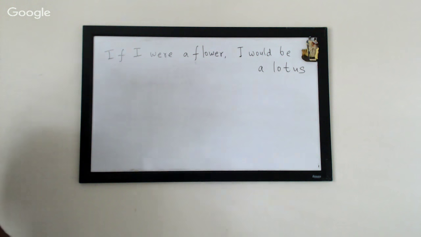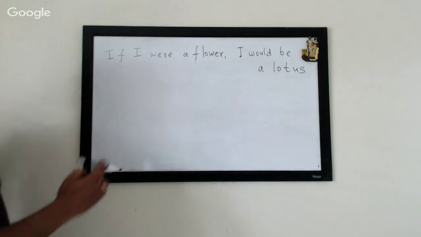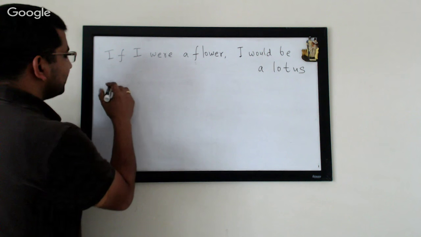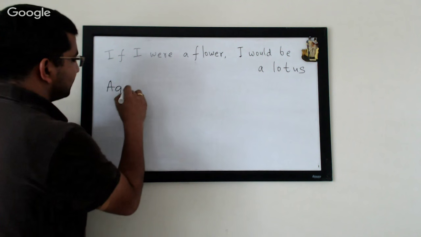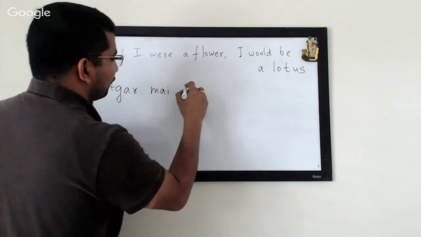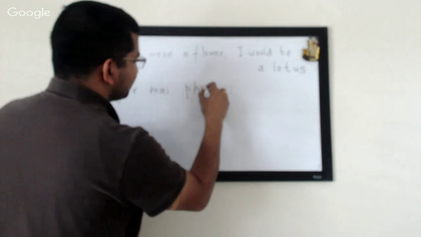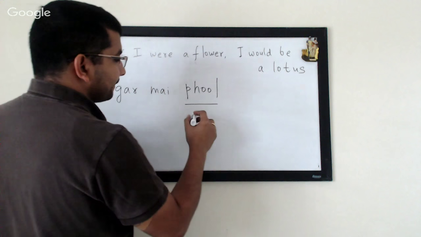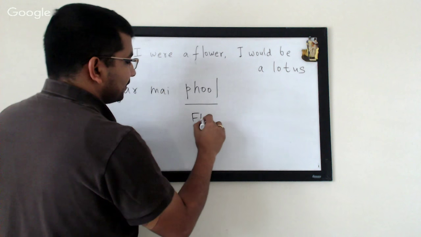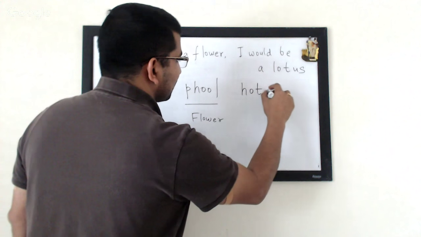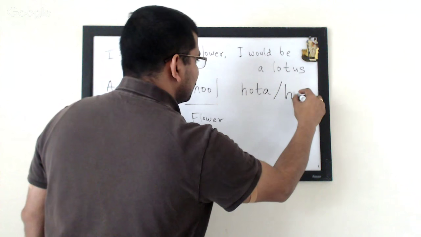Okay. I think most of you got it absolutely correct, right? So अगर मैं फूल, फूल is basically flower, right? फूल, flower. अगर मैं फूल होता, और for girl मैं फूल होती,